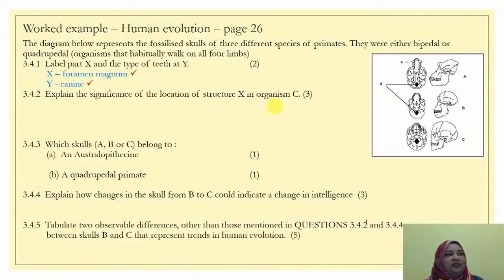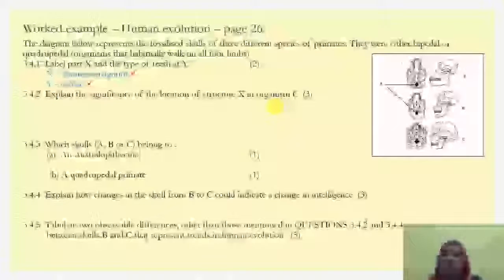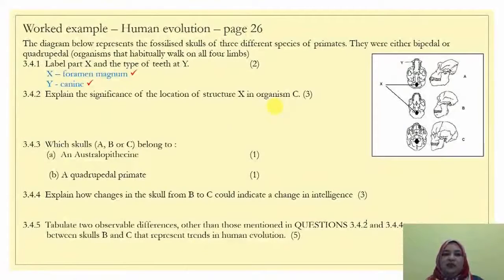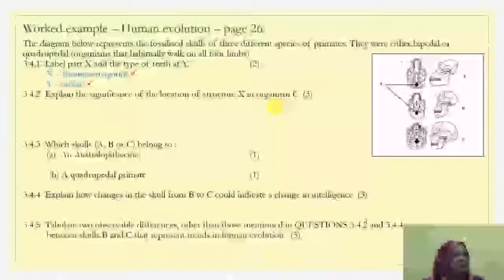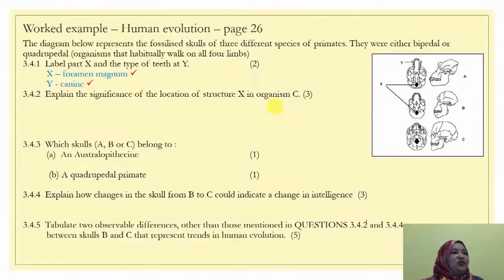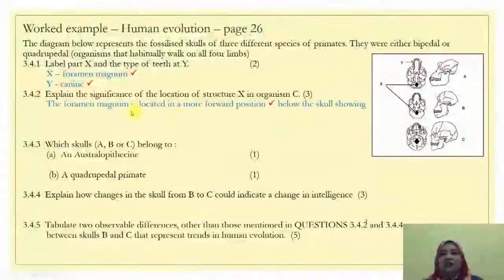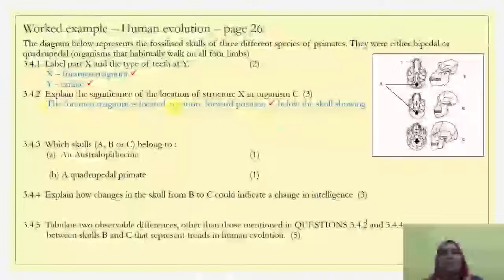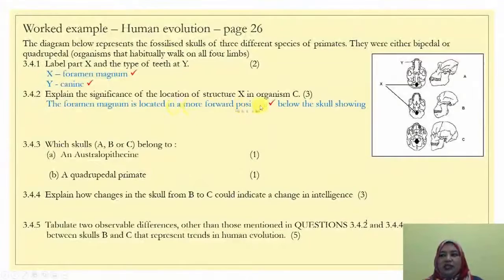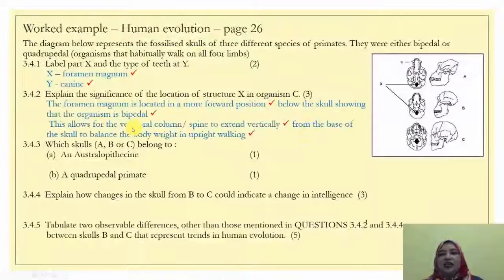Thank you, Dawn and BD, for your answers. So, what's the importance of the shifting of the foramen magnum from a backward position to a forward position? That's what this question is asking, to explain. So, it's not a one-word question. A more forward position allows for bipedalism to occur. Absolutely correct, right? So the foramen magnum is located in a more forward position,